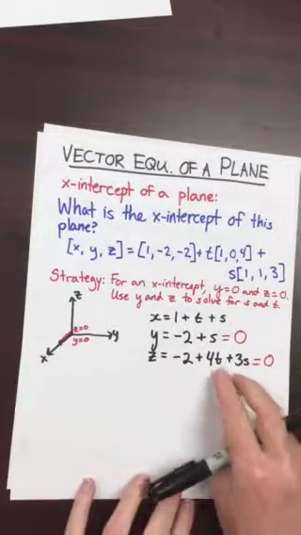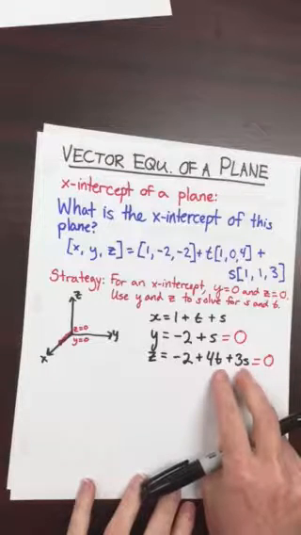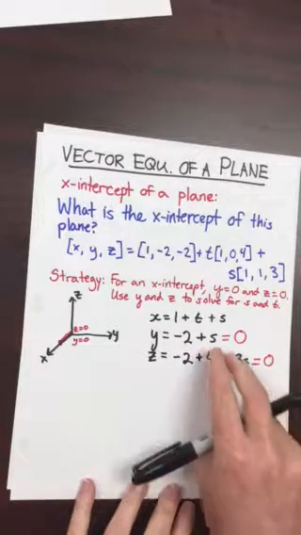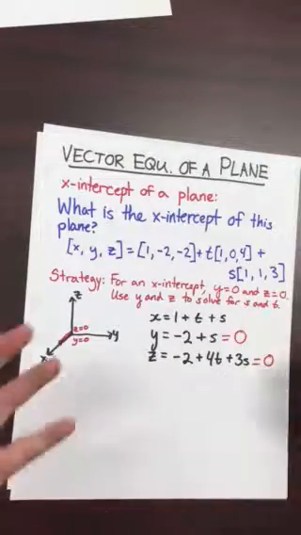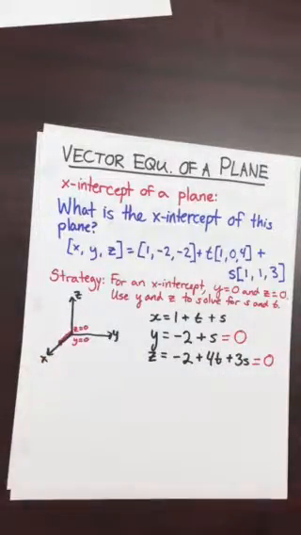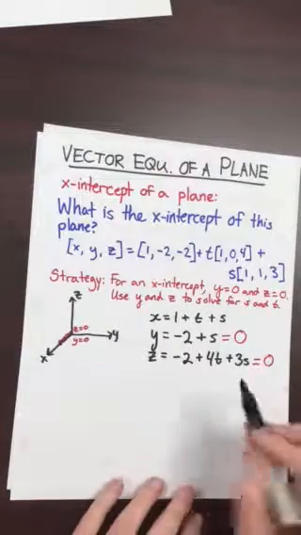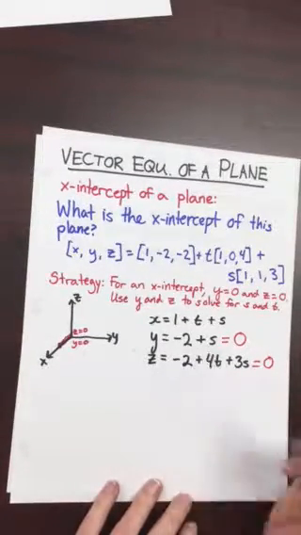Now, just like before, sometimes this will happen where one of these has both an s and a t, or maybe both have an s and a t. If both y and z have an s and a t, I need to combine two equations, two unknowns, to figure out both s and t. In this case, I'm really lucky. Y just has an s, so